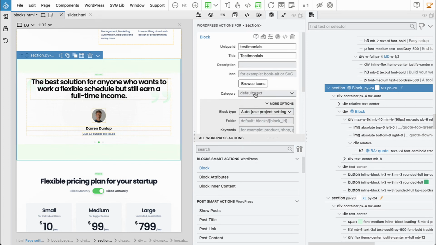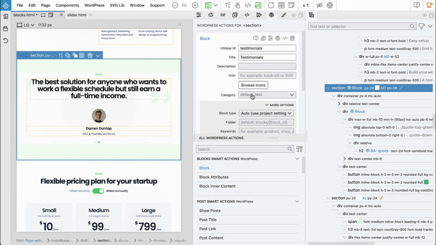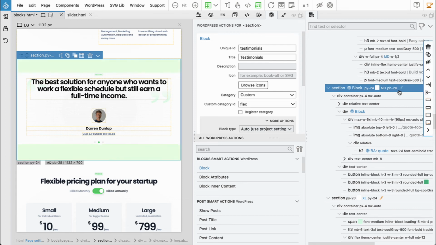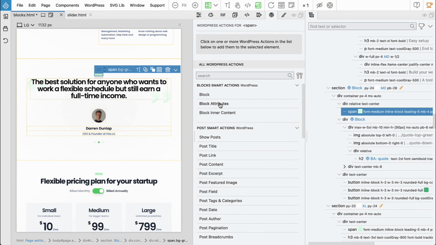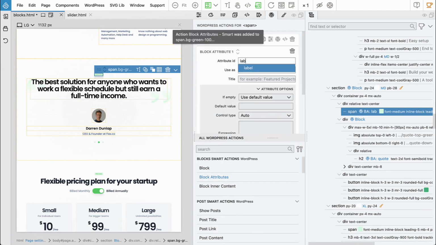And category will be custom, flex. And now let's think about, so okay, here we have the span, so that will be block attribute label,